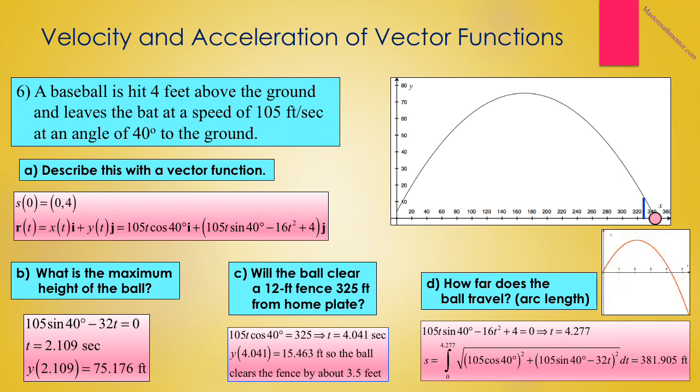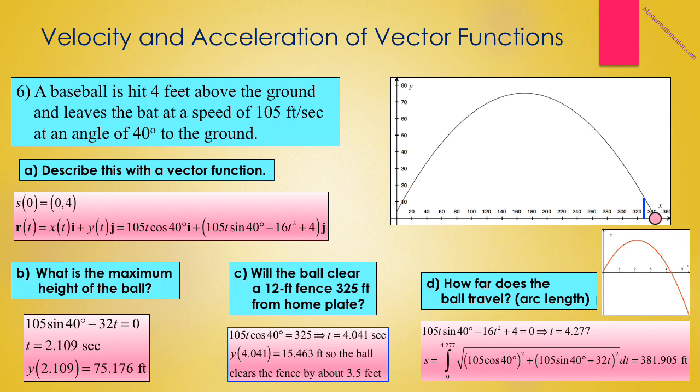Question D asks, how far does the ball travel? Normally, in a baseball sense, when we ask that question, we want to know how far a home run is hit in the horizontal direction. Here we're asking for the arc length. So the first thing we need to do is to set the y component, 105t sine 40 degrees minus 16t squared plus 4, and set that equal to 0. In order to do that, you're going to have to graph that expression and find out where it crosses the x-axis. It happens when t is